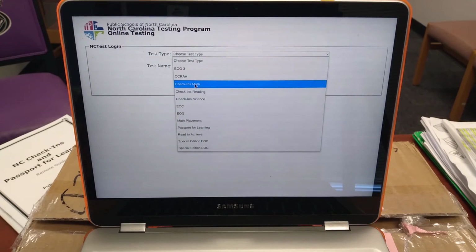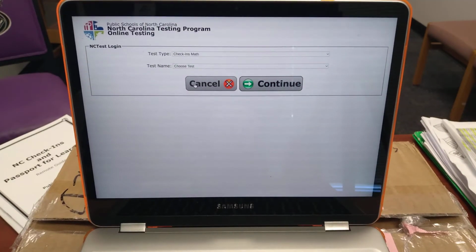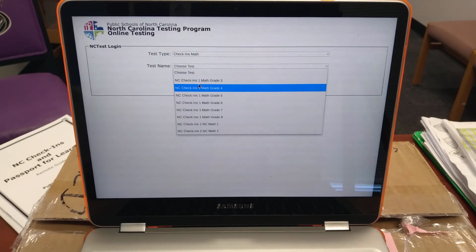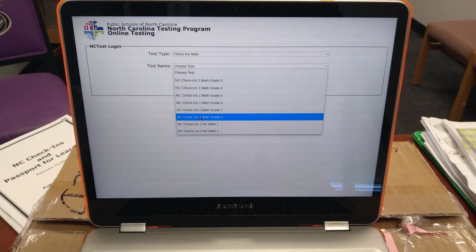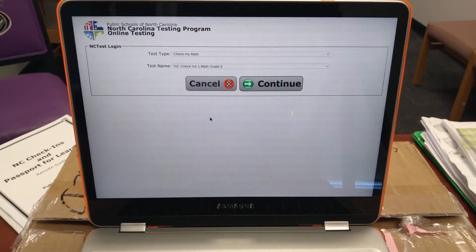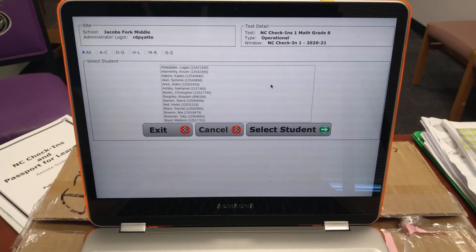We're doing check-ins, so I'm selecting check-in math. And I'm selecting the test, NC check-in math, this is our first round. And select grade 8. And once I do that, there will be a list of every 8th grader that would